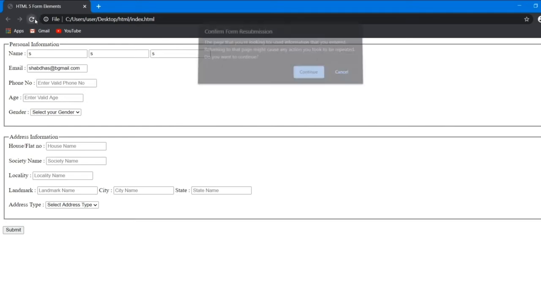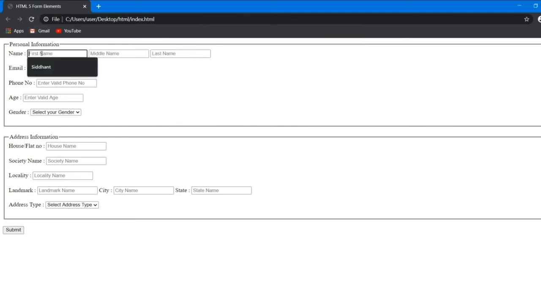So we'll just save it now again and open it up in a browser and fill it. We'll refresh it here. Okay, so now xyz, email ID xyz@gmail.com. All of these are required and none of these will work until you fill every bit of information.